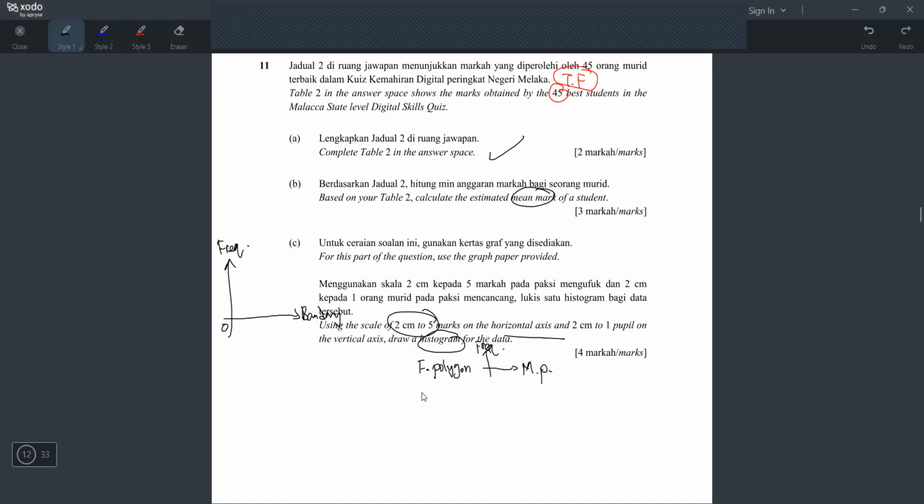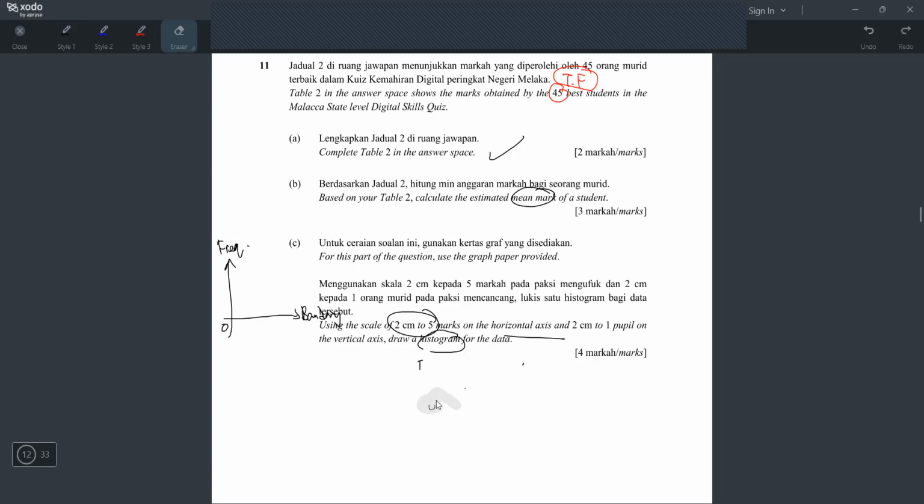And then y-axis guna apa? Frequency. Macam tu. What if OGIF? Dia ada 3 saja. Histogram, frequency. Kalau OGIF guna apa? Sini guna upper boundary. Sini guna cumulative frequency. And 3 ni kena hafal. You kena hafal x-axis guna apa, y-axis guna apa. Boleh? Okay, tapi saya padam yang inilah sebab sekarang dia tanya histogram.